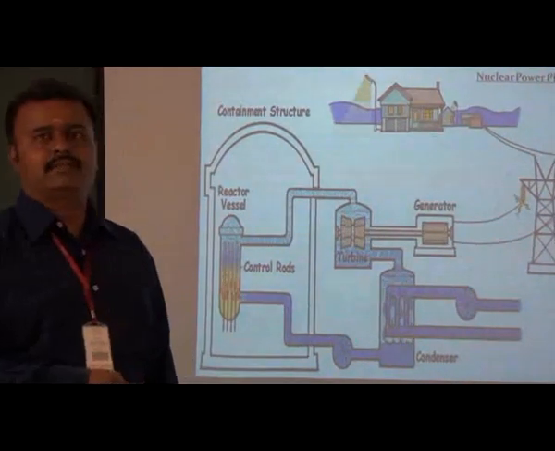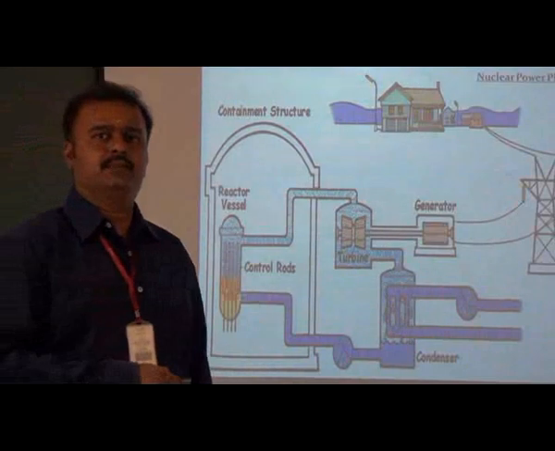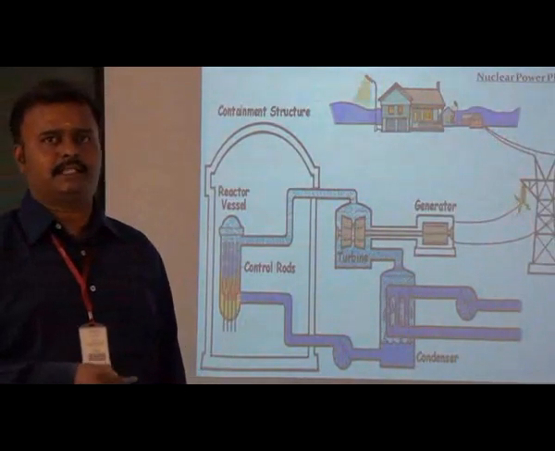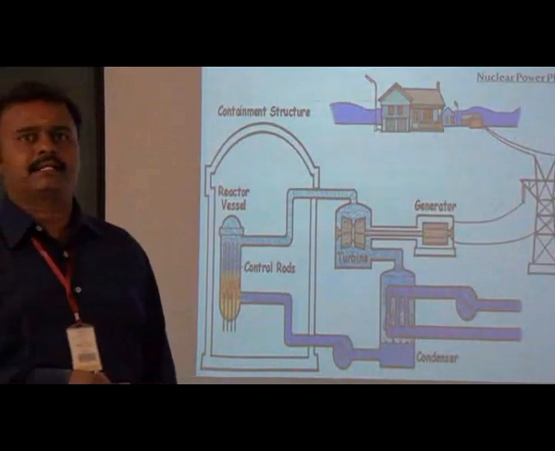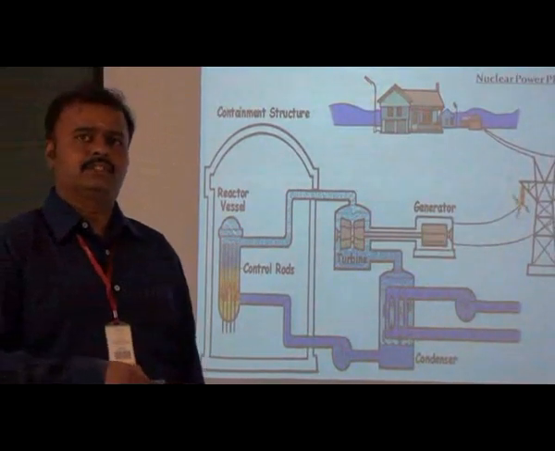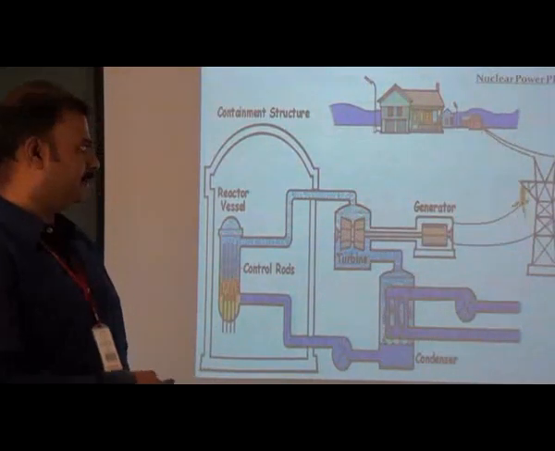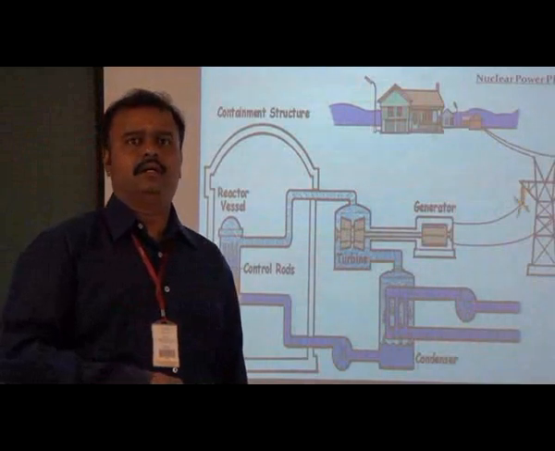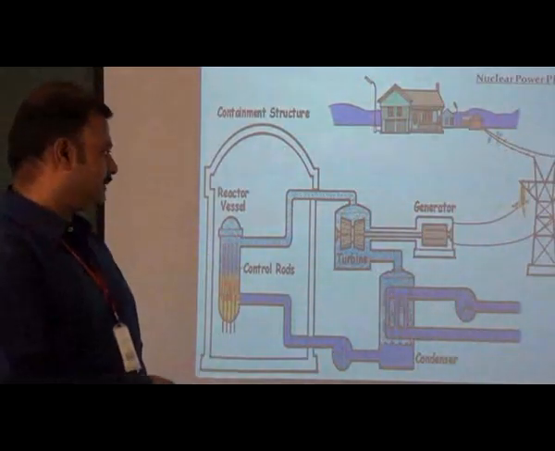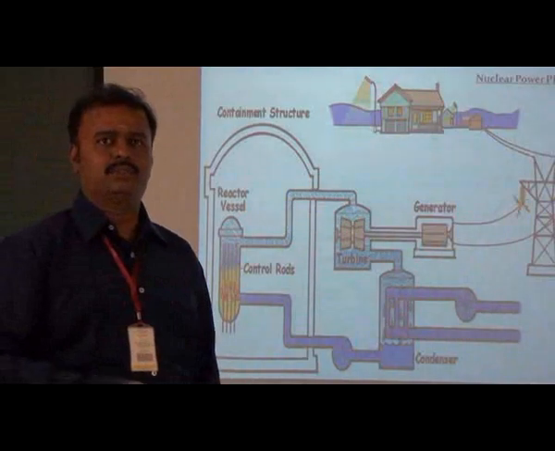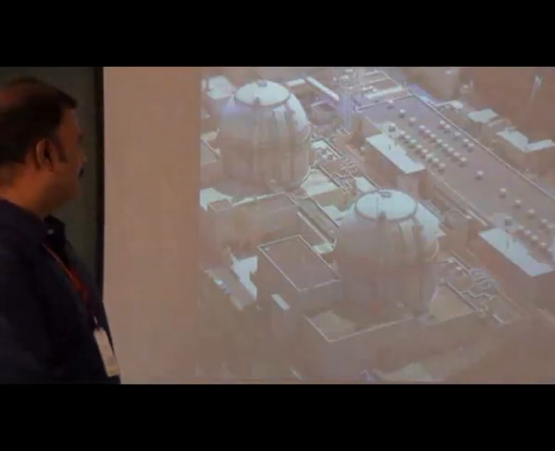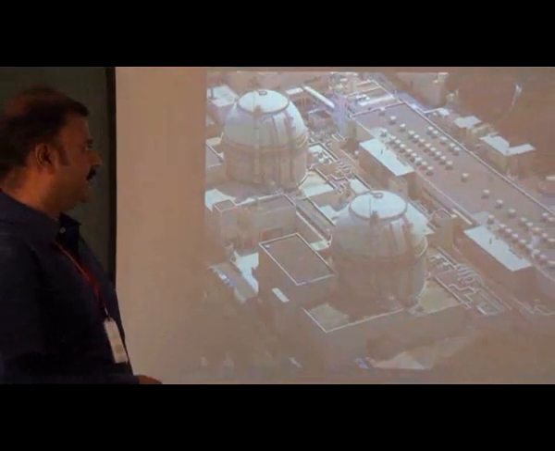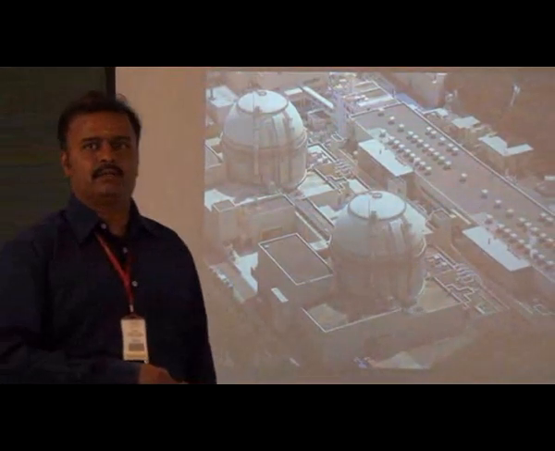There are several types of nuclear reactors available: pressurized water reactor, boiling water reactor, Candu reactor. Candu reactor is the Canadian deuterium uranium reactor. Then the liquid sodium nuclear reactor. So there are many nuclear reactors available, and the fast breeder reactor is also now in the development stage. In Tamil Nadu, Kudankulam is one of the very famous nuclear power plants which is used to produce power. So this is a typical nuclear power plant, which gives an idea of how a nuclear power plant looks.